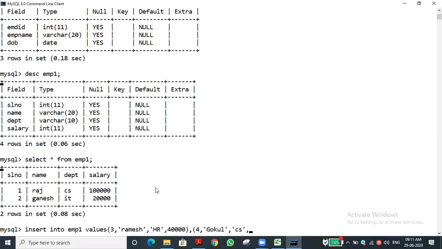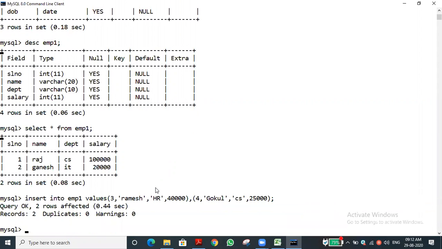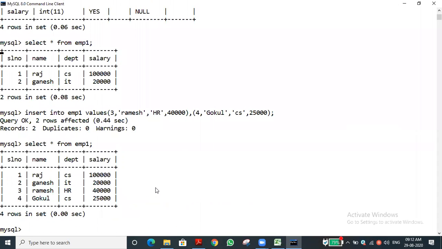Then salary, it is not in quotes, it's a normal integer. So we enter that, and you can see 2 records are entered. If we want to see all the data, now you can see 4 records we entered into the table EMP1.